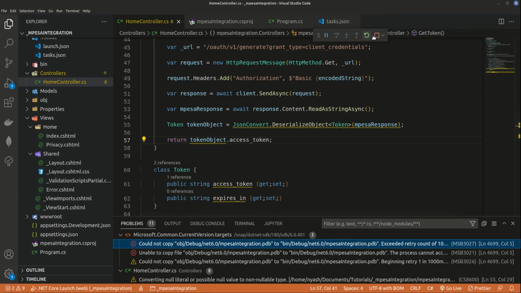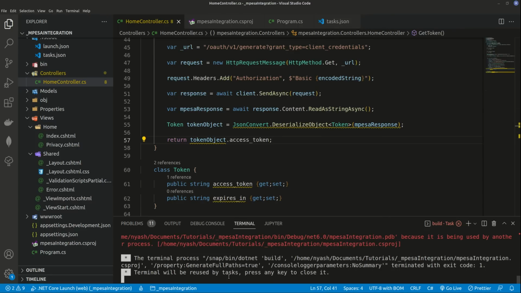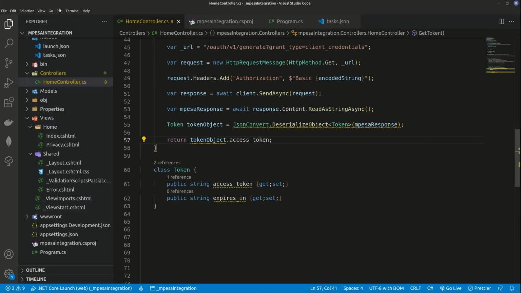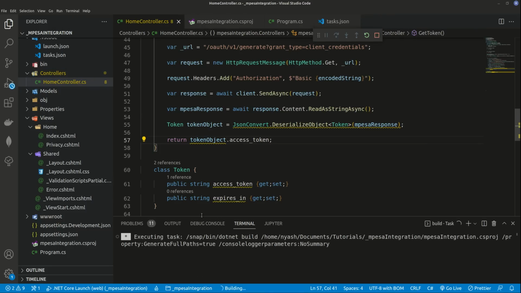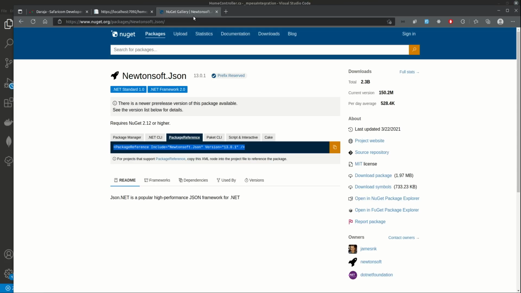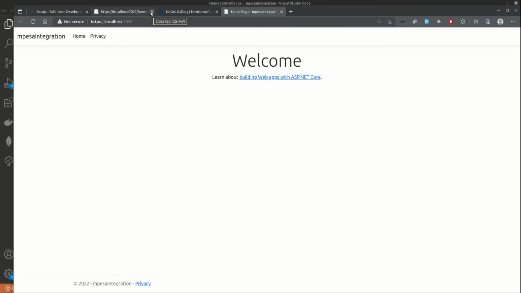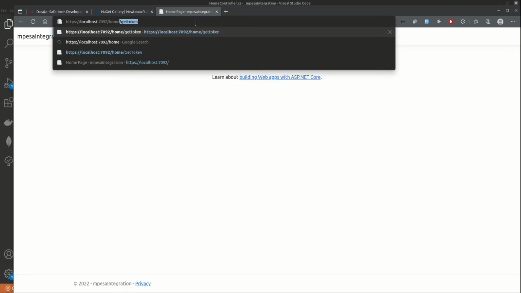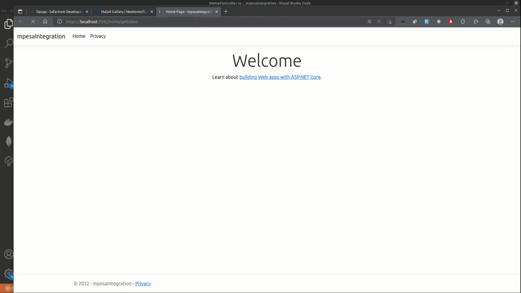Okay, let's stop it and restart it, right? So here we are, and I've said we just go to home and get token. So it's going to be home/get token like that,